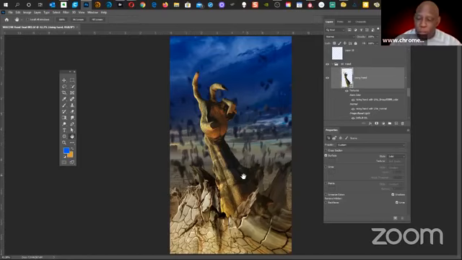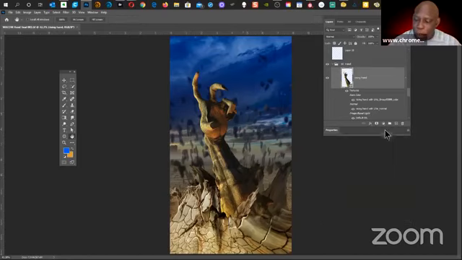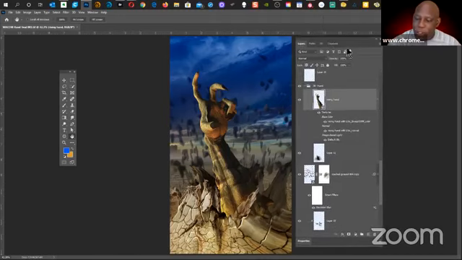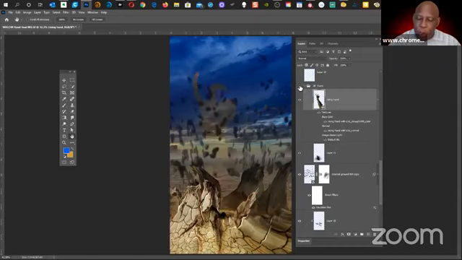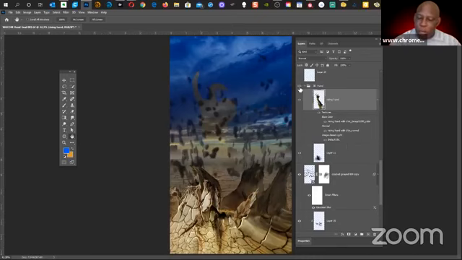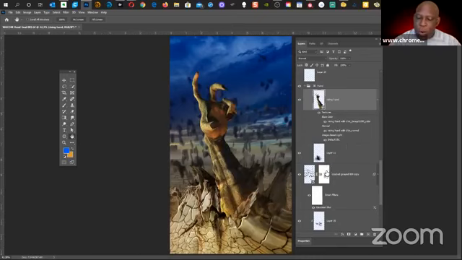Let's break this down a little bit. Let's take a look at our layers. I'm going to pull this down so we can see all of our layers. Here is my 3D layer. I put that into its own separate group. If I turn that off and on, you can see the visuals come on and off. I'll turn that back on again. I also have debris in here, which is also created of 3D objects. I created the debris in Lightwave, and I'll show that to you as well.